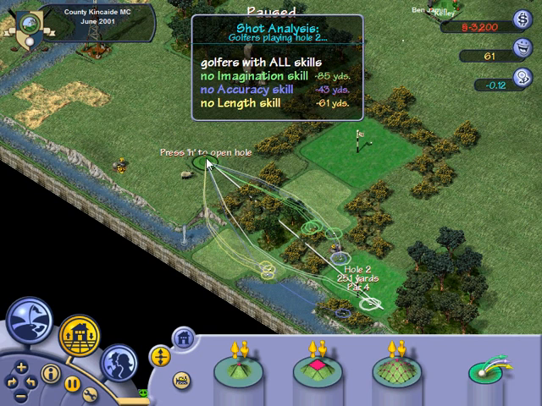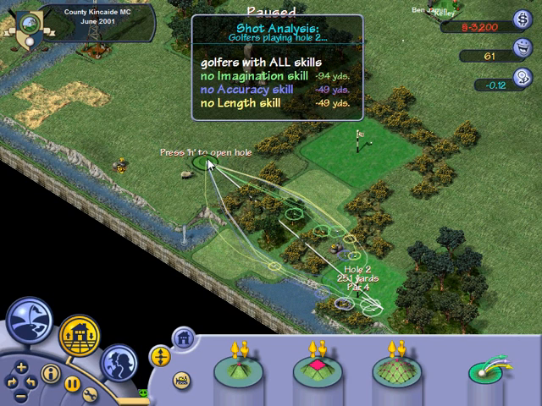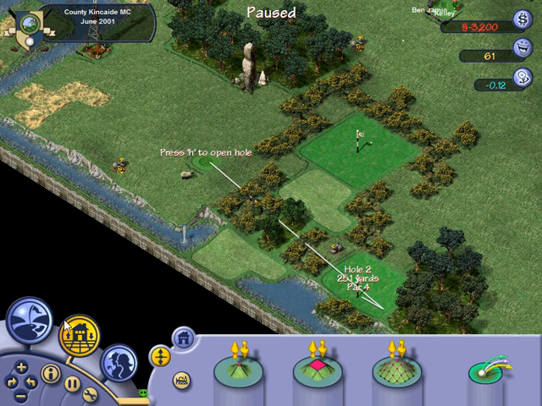If we want, let's see, so far this, yeah, golfers with no accuracy seem to have the most difficulty here. Because, well, they'll just be landing in the gorse. But that's fine. This can be a length/imagination hole. Well, I think that's good, so...